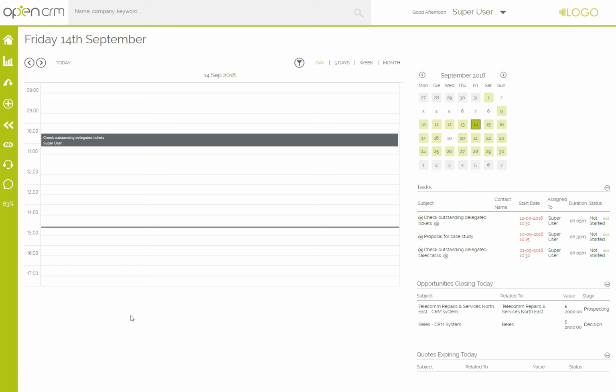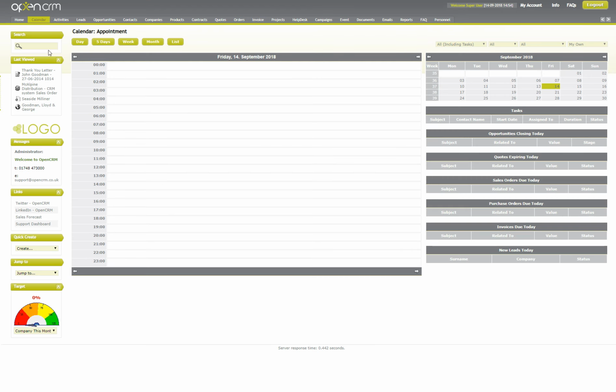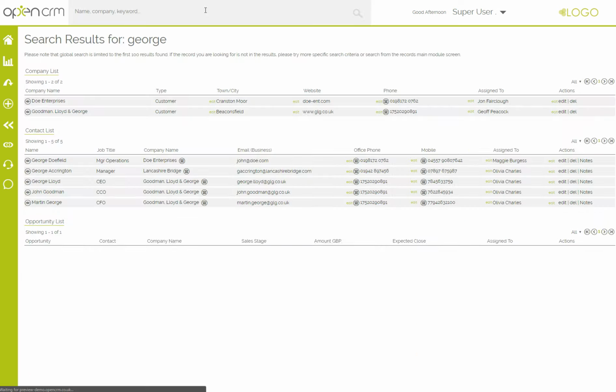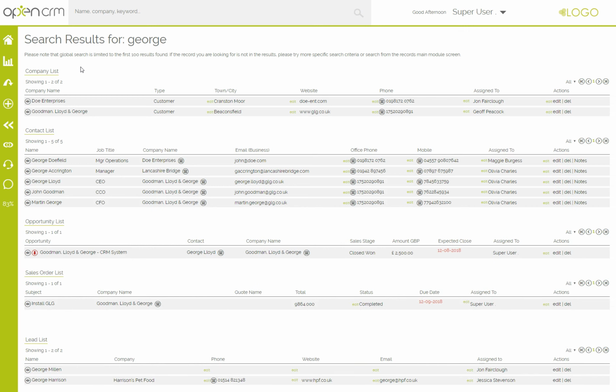The second key difference in the way that OpenCRM version 4 works is the way that we search. Whereas in version 3, our global search was housed in the top left-hand side of the screen as part of our widget bar, it's now housed at the top of the screen, available throughout the system. But the general premise is still the same. It gives us a full or partial keyword search of the system across key modules. For example, if I search for the word George, I'm going to see results in modules such as companies, contacts,